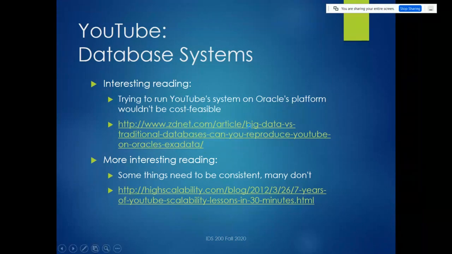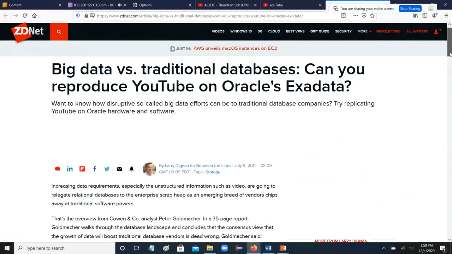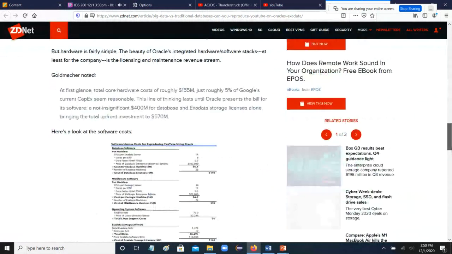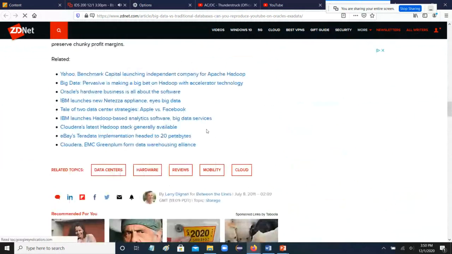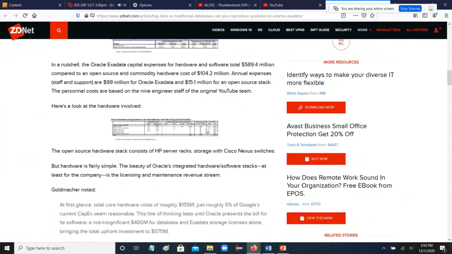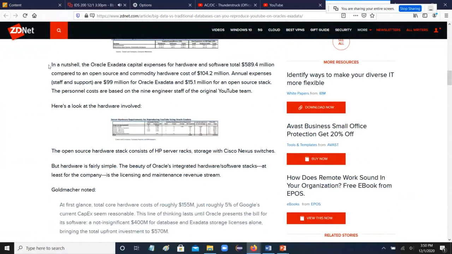So this is an article from a few years ago, but just to discuss how much it would cost to run YouTube on Oracle's kind of traditional relational database system. If you're interested in this stuff, you can dig through it, but too many ads popping up though. But the short version is, it says, yeah, you could do it, but it would be super, super expensive, right? Oracle would say close to $600 million compared to what could be done outside of Oracle for a fraction of that, for only about 100 million. Anyway,